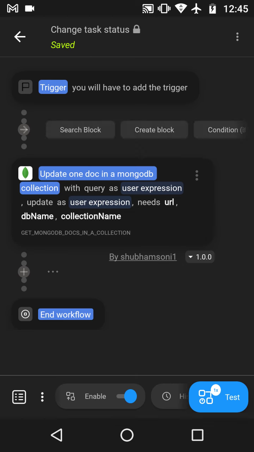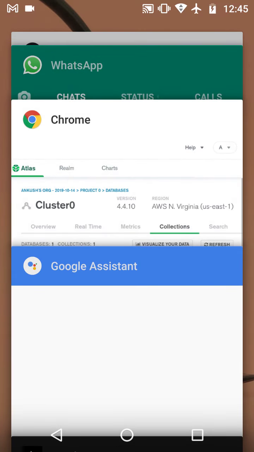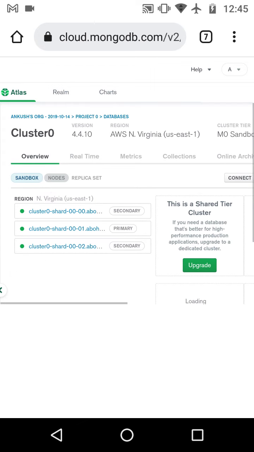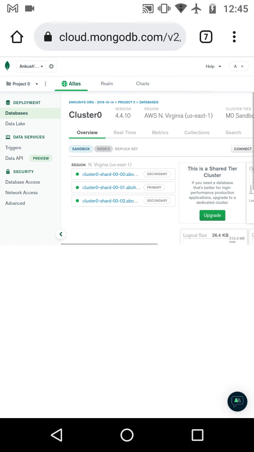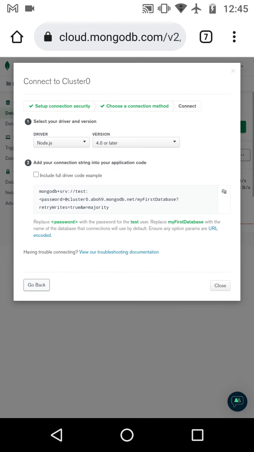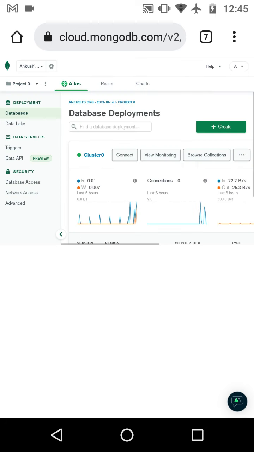And we also need our MongoDB URL for this one also. So I'm going to go back to Chrome to copy the URL. Go to overview, and click on connect. We got the URL back.